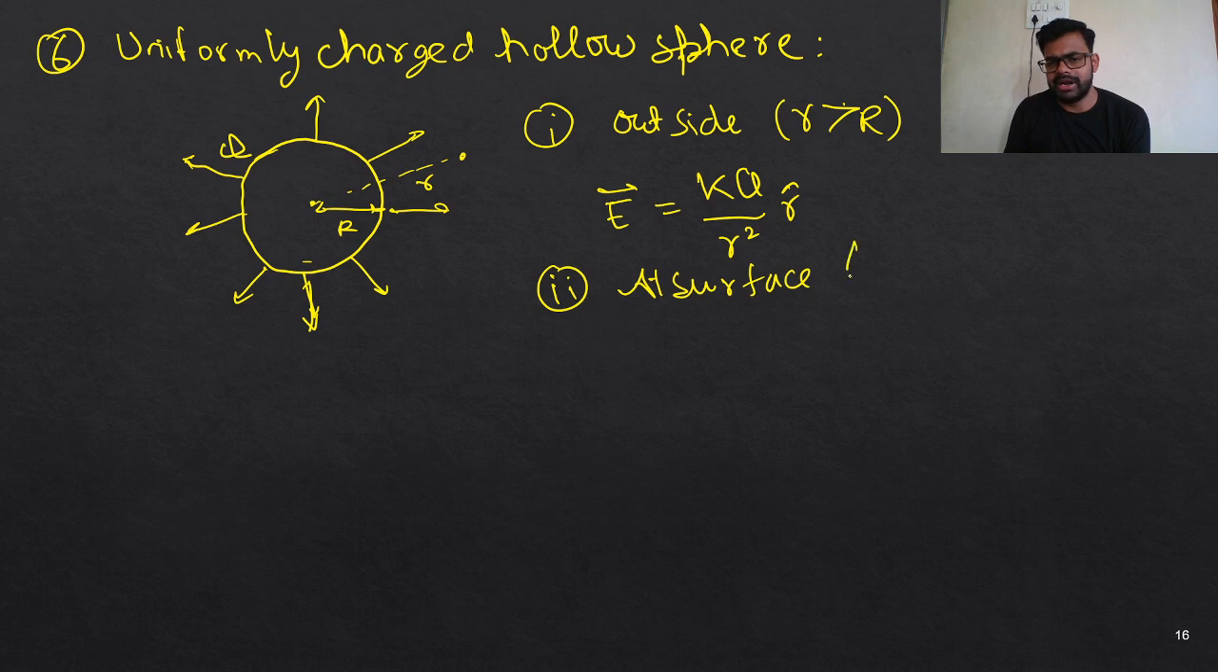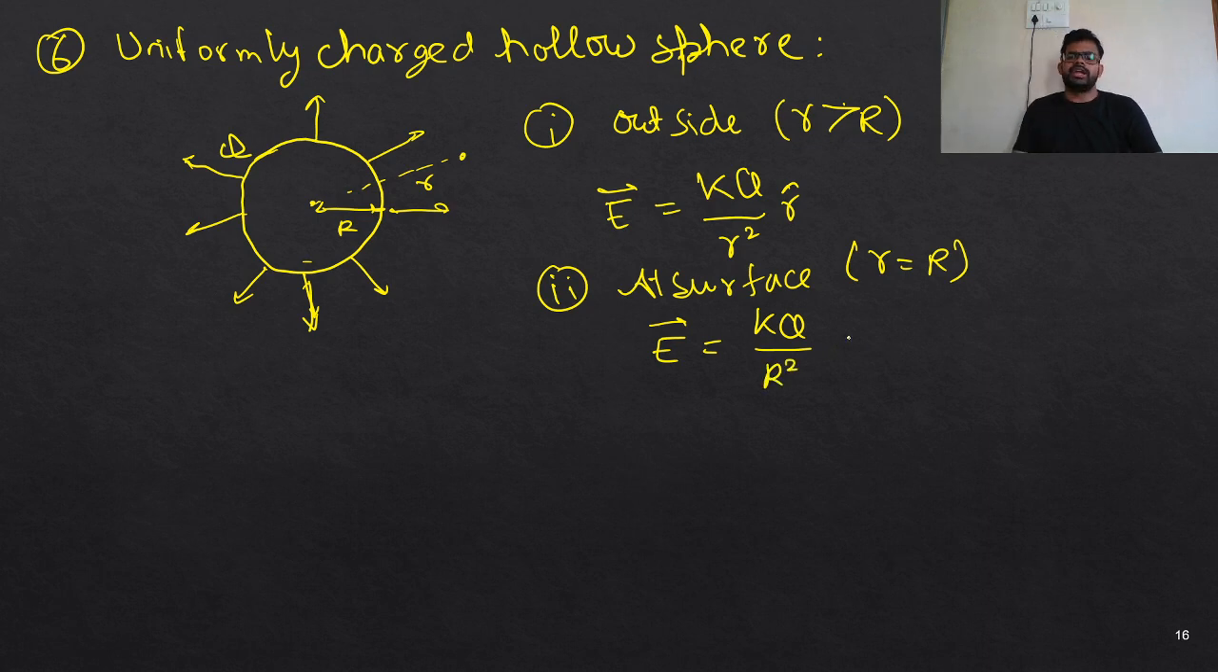So what will happen at surface? At surface, small r is equal to capital R. If small r is equal to capital R, then replace the small r with capital R. So what will you get? kq divided by r square. Are you getting it? That's all. And the direction will be along the radius, so you can write it r cap. It is just a representation. R cap, unit vector, means